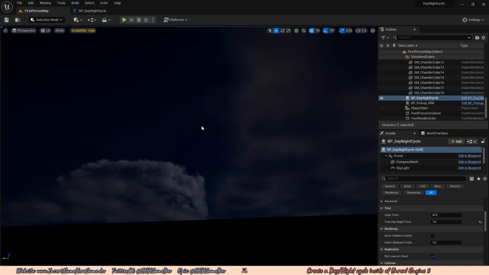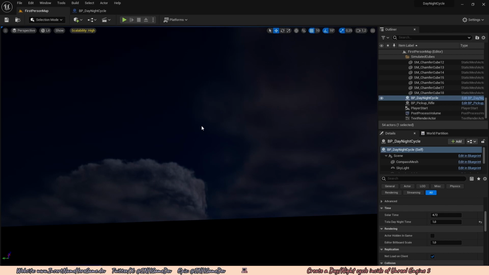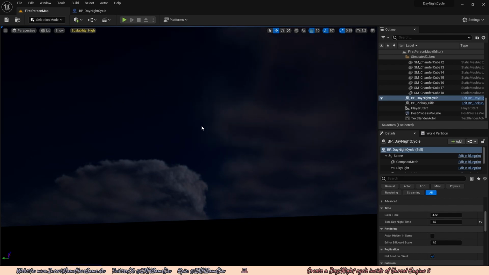The sun moves around a bit in real life. Now, the thing is that if we just change the solar time repeatedly, we repeat a day. So the moment we change from 12 o'clock to 0 o'clock, aka resetting the day-night cycle, there's going to be